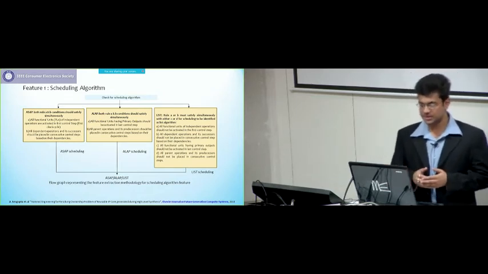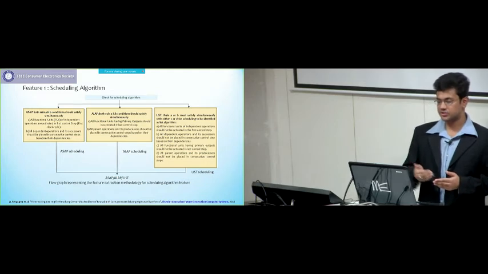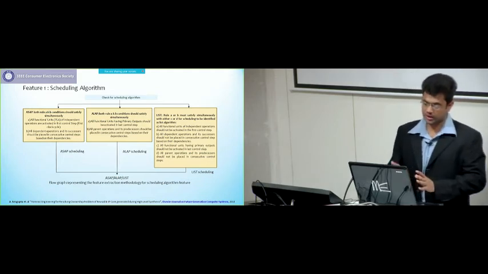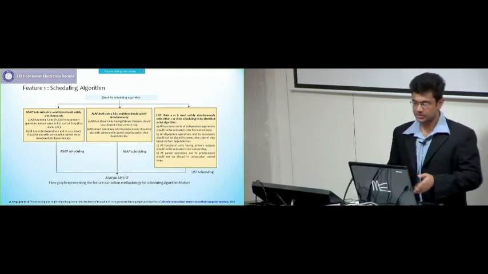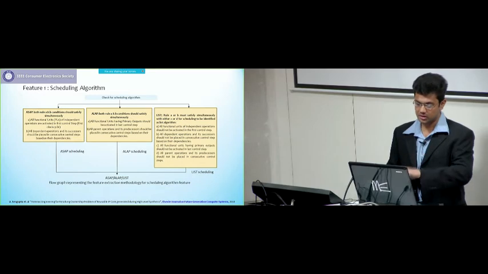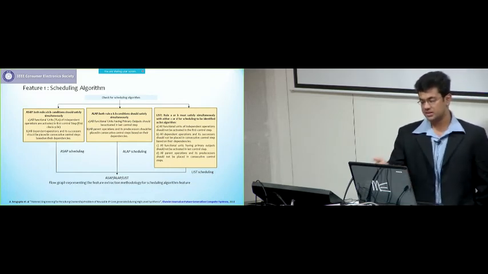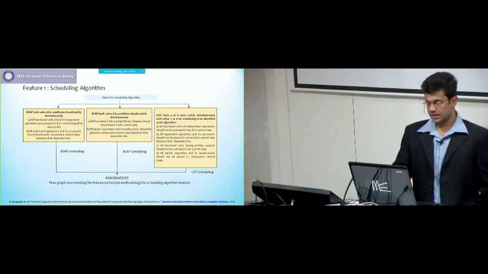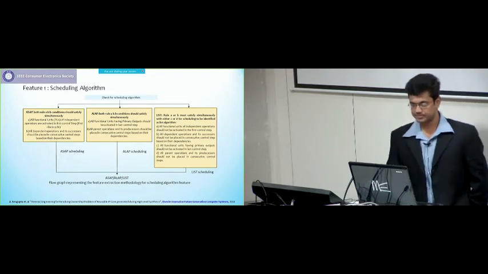All the FUs must be activated in the last control step, and all the parents and its predecessors have to be placed in consecutive control steps based on the dependency. If these two algorithms are not satisfied, then list comes into the picture, where for list to be satisfied, we have a contrary condition in the context of ASAP and ALAP. So list will have A and B rules, which are just opposite to ASAP, and C and D rules, which are just opposite to ALAP. If any one of these conditions is detected, then we know what scheduling algorithm is used inside that design or IP core.